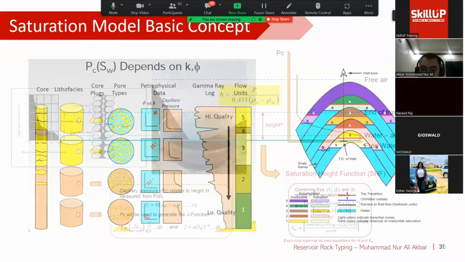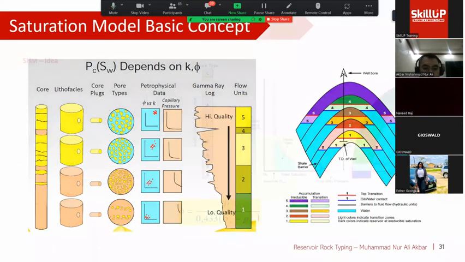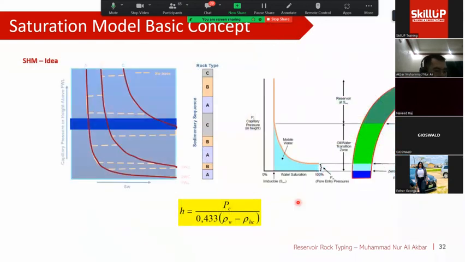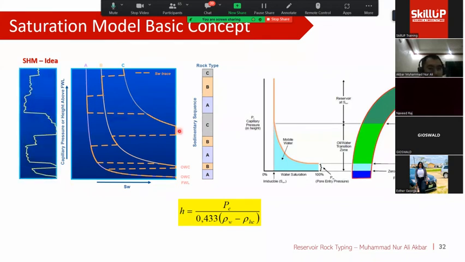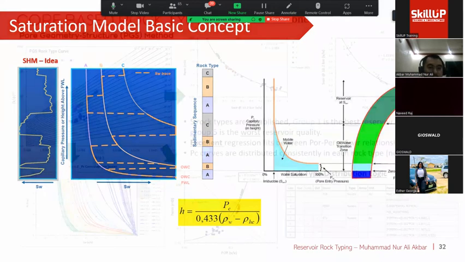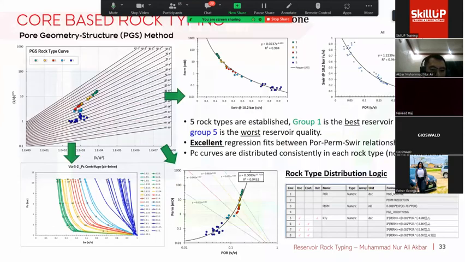So this is what I explained in the beginning. We can jump into a different one. The capillary pressure in each rock group has a different behavior. For example, if you have good quality rocks, the capillary pressure will be more to the left. But if you have the worst quality rock, the capillary pressure will go to the right. And from here, we can define the saturation functions based on the capillary pressure distribution for each rock type. This is one example in sandstone, when we try to create the saturation height functions from our